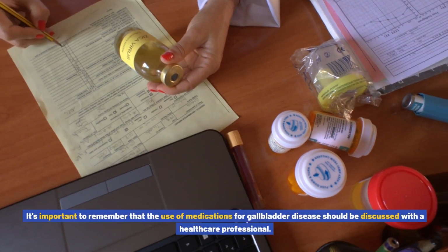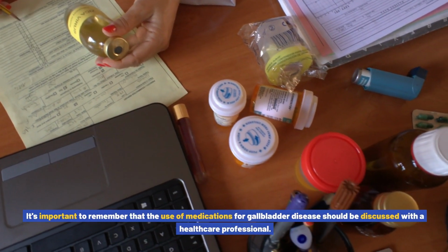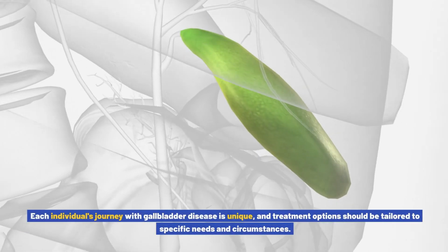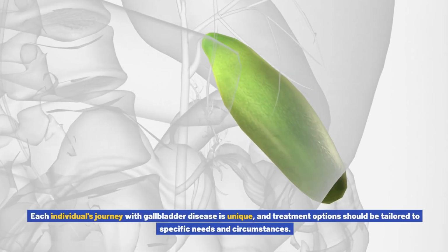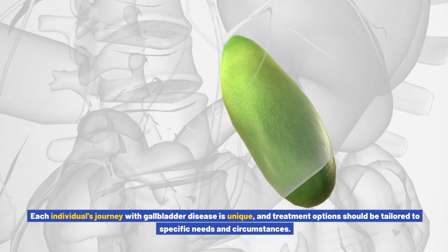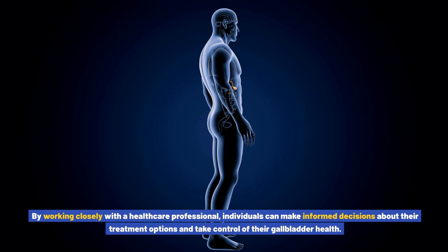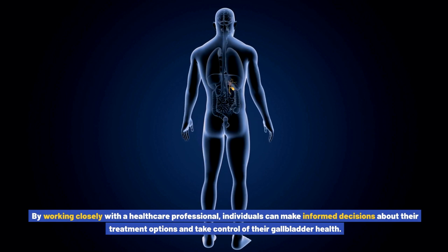It's important to remember that the use of medications for gallbladder disease should be discussed with a healthcare professional. Each individual's journey with gallbladder disease is unique, and treatment options should be tailored to specific needs and circumstances. By working closely with a healthcare professional, individuals can make informed decisions about their treatment options and take control of